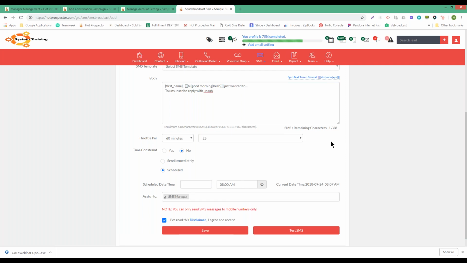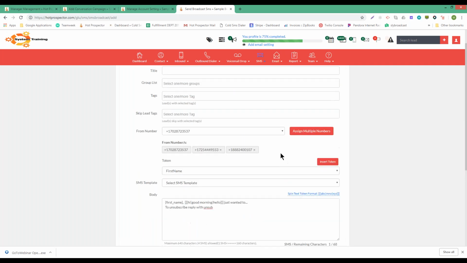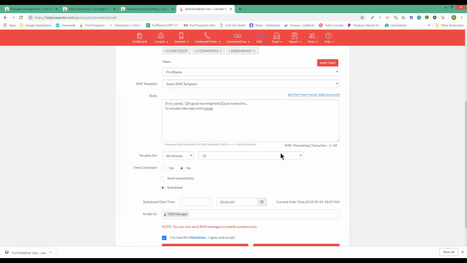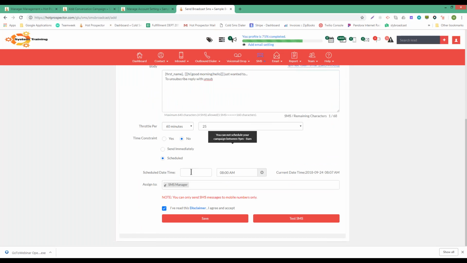We don't have the constraints enabled on this particular campaign, which is something that we primarily use on the broadcast and follow-up, but I will go over that shortly. If you're going to schedule it, pick your date and your time. Also, don't forget, it's always a good idea to make sure you're set in the right time zone